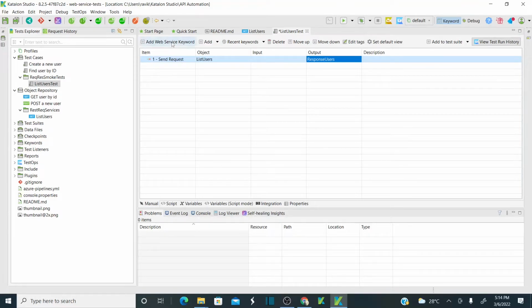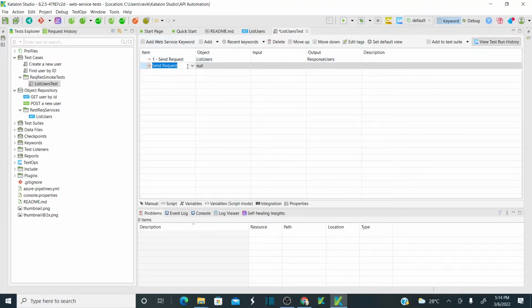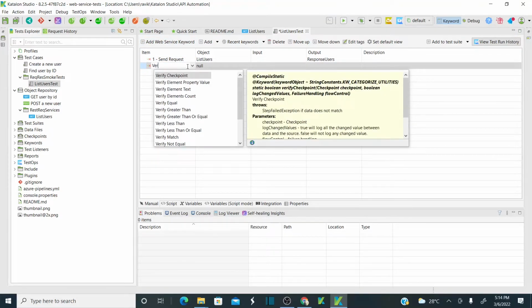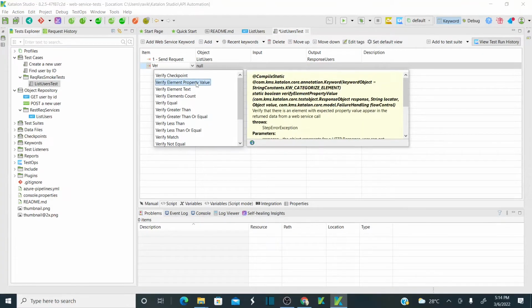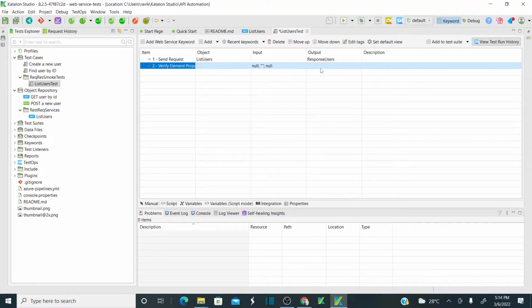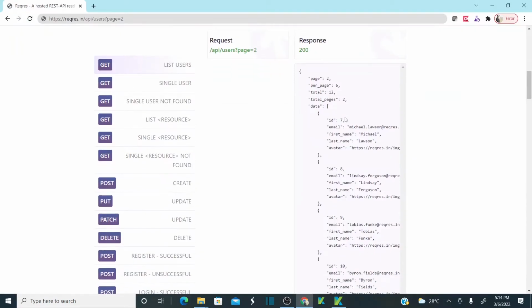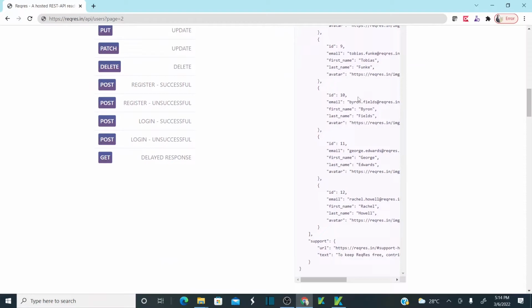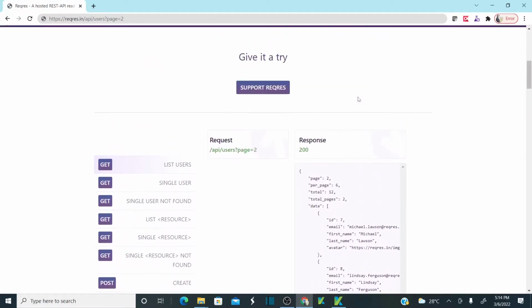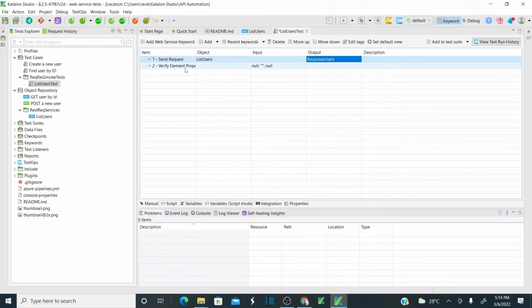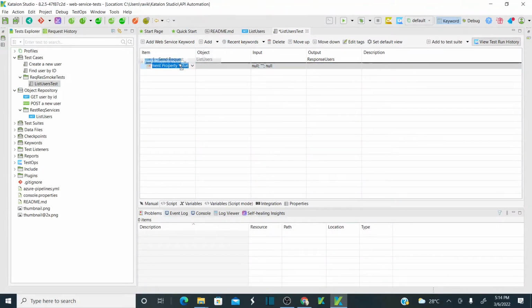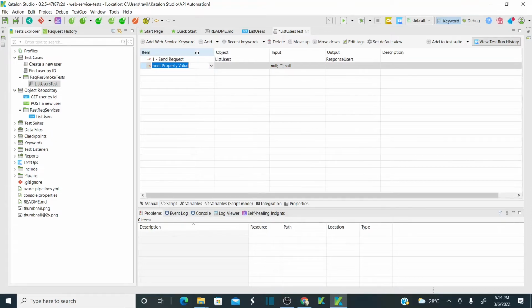Let me add a new keyword here and add verify element property value. I want to verify the element property value of this response. That means, let me show you. So this is my element property value, right? These are all okay. So before I validate the element property value, let me see if the response is 200 or not. Okay, for that, instead of the element property value keyword, I would like to use